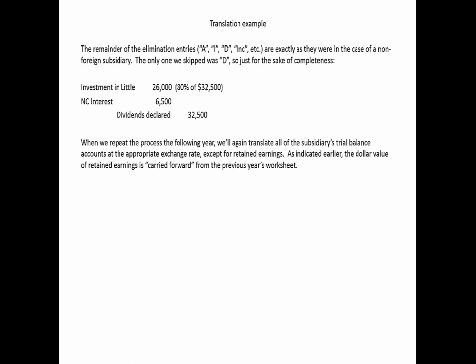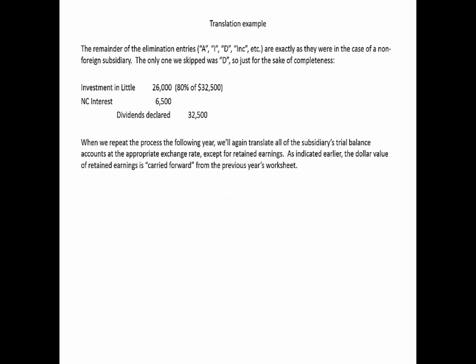Now, when we repeat the process the following year, we will again translate all of the subsidiary's trial balance accounts at the appropriate exchange rate except for retained earnings. As I indicated earlier, the dollar value of retained earnings is carried forward from the previous year's worksheet. Now, instead of making up an entire worksheet, which at this stage of the game would just be too big to be legible, and I'd have to make it such a small font that it would be hard to see,